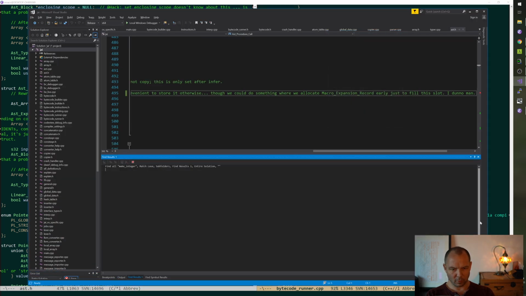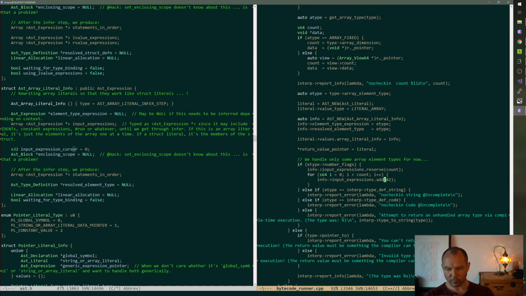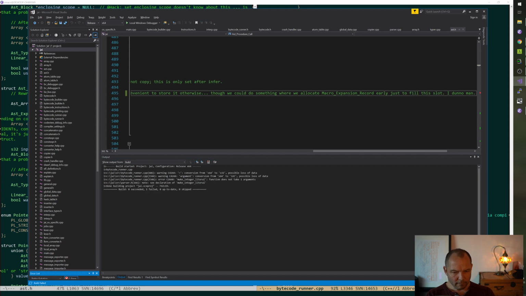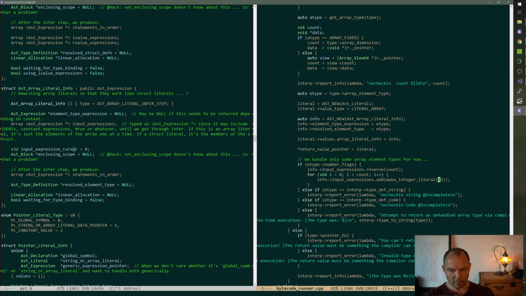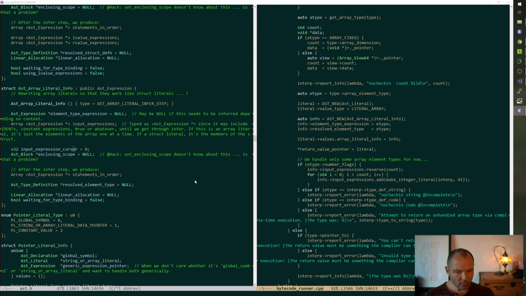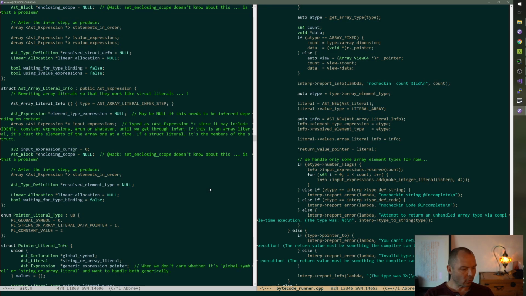Make integer literal from S64 value. We're just going to do this, and that's going to be fine. So take interp. I don't know. Yeah, I guess so. All right, let's pour the tea.